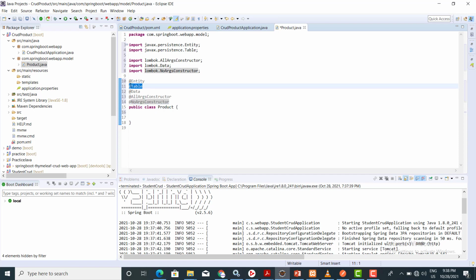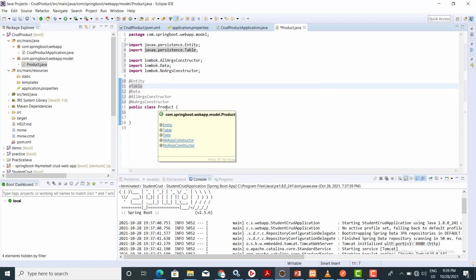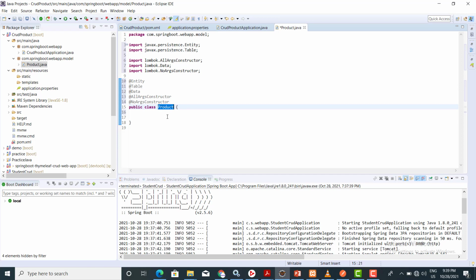Here we have to specify the table name. If we have not specified the table name, it means that the table name will be the same as the class name. So the class name product is the same as the table name. So table name product is going to be created.